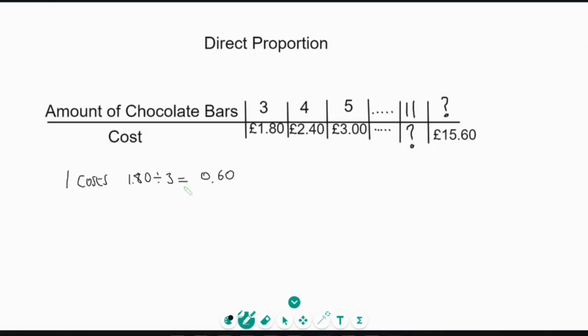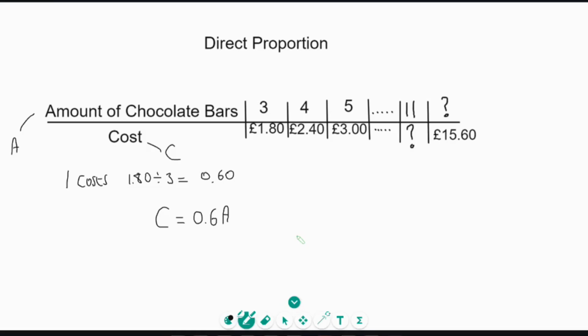So 0.60p, or £0.60. That is what we call the constant of proportionality, because that is the amount it goes up by. So we could have a formula for cost. The cost is equal to 0.6 times A, the amount, and the cost is C. So C is equal to 0.6A, because if we did 0.6 times 4, we would have £2.40, the cost of